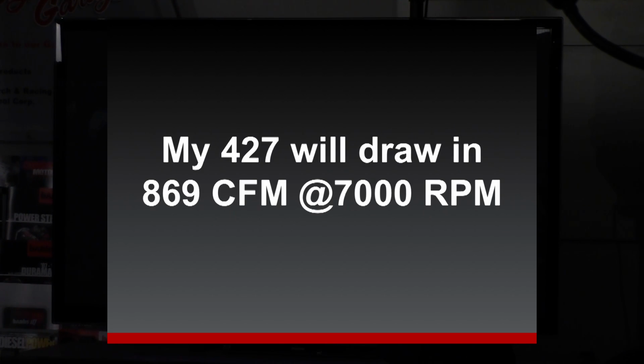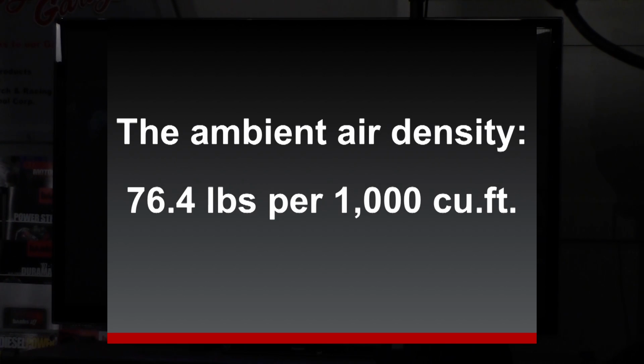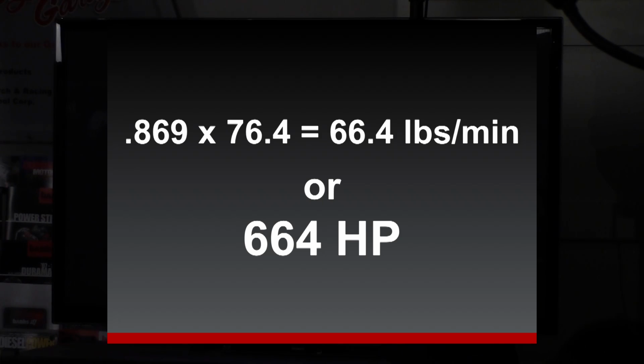At 7,000 RPM, my 427 will draw in 869 cubic feet per minute. Ambient air density, once again, is 76.4 pounds per cubic foot. We're starting with that. So if I've got 869 CFM, and I know 1,000 CFM is 76.4,